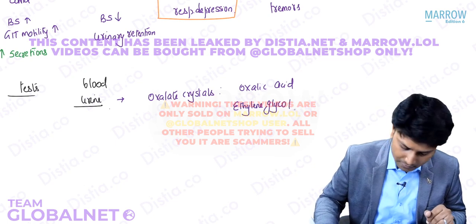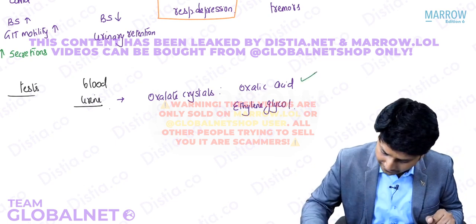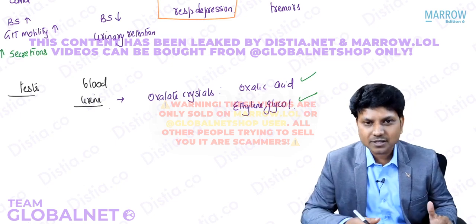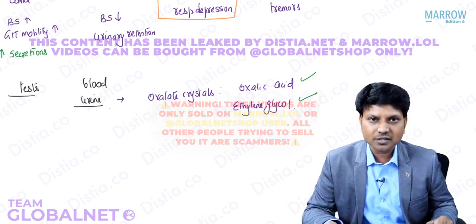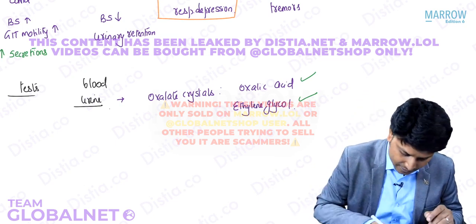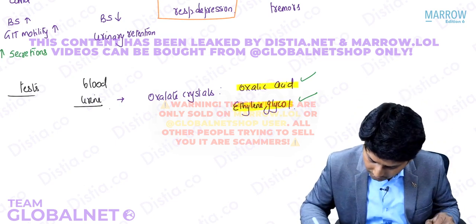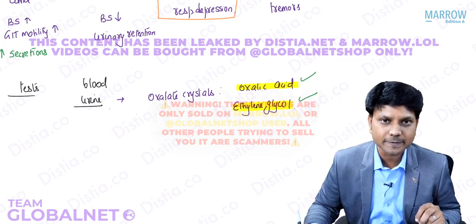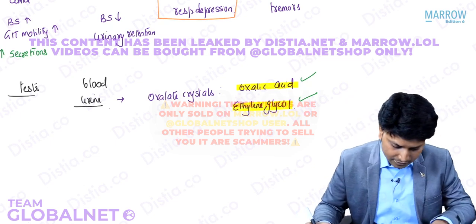Do remember, most of the times in the exam, they can give you any of this. Okay, it can be a patient has come with unknown poisoning. You check his urine and it is showing multiple oxalate casts. Then you can think of oxalic acid poisoning. Not only that, you can also think of ethylene glycol. Remember, these two poisons are very important for examination purposes. Okay, right. Moving further,